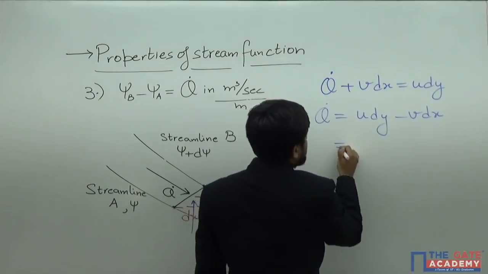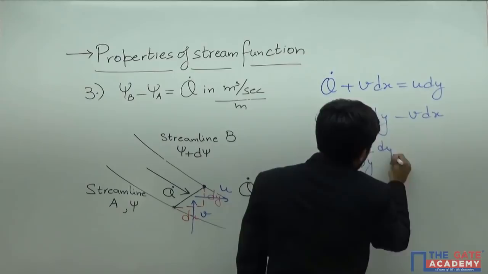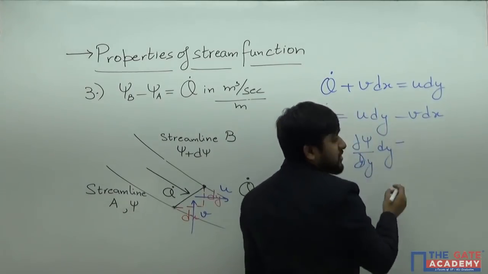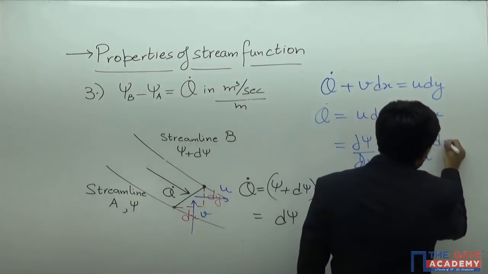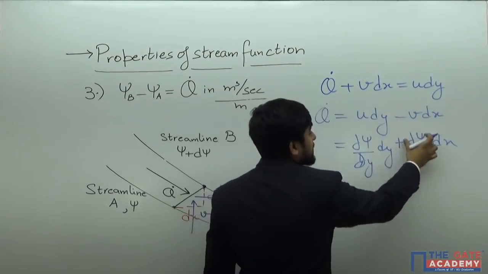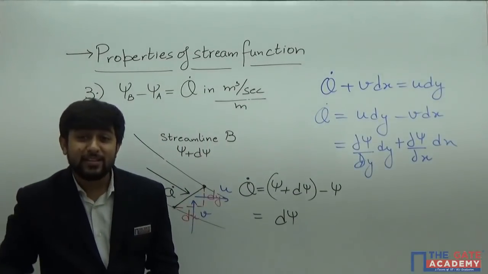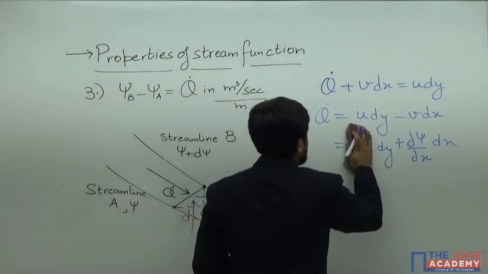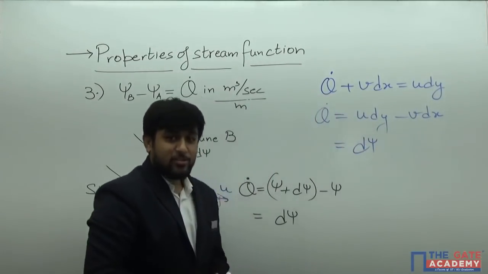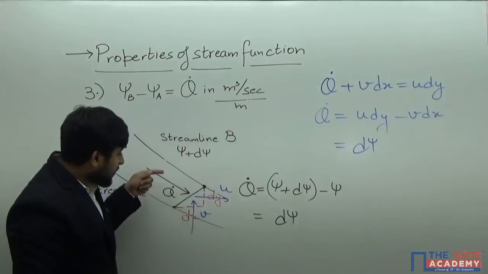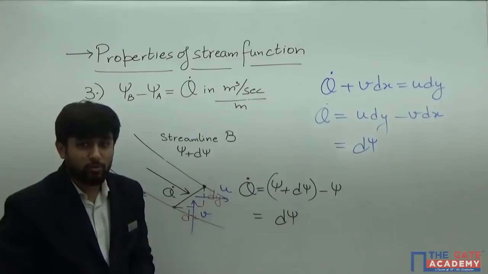What is u? U is del psi by del y, right? What is v? Minus v is del psi by del x, right? So del psi by del y dy plus del psi by del x dx, this is equal to d psi, that is the total derivative of psi. So q dot is simply equal to d psi, right? So flow per unit width between the two streamlines is equal to the difference of stream functions for those streamlines,